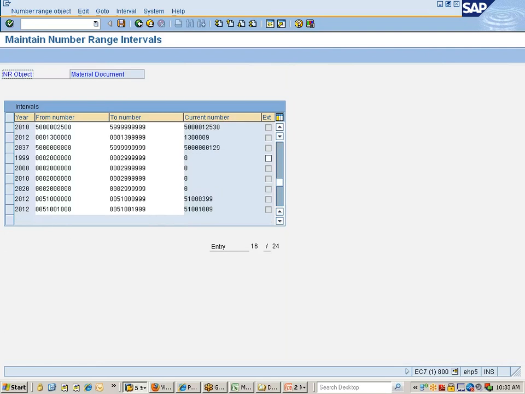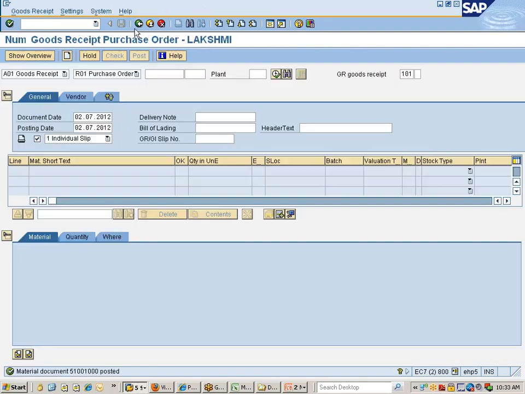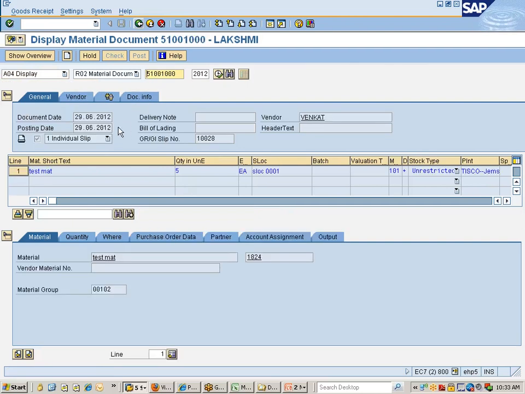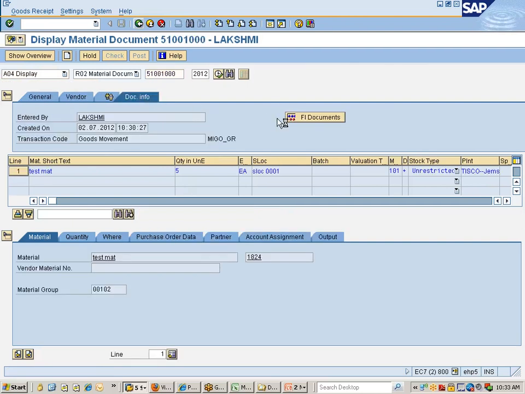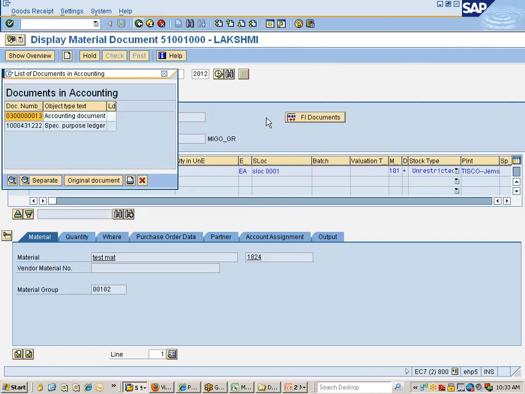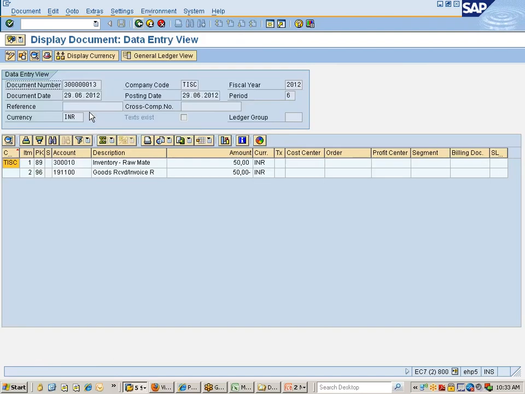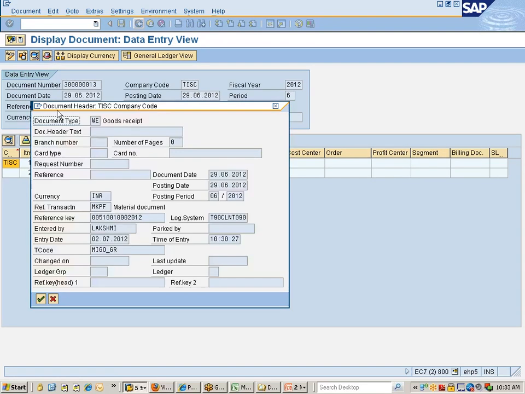Okay, so this is the number range that you have used. Now, I'm going with the display of the material document that's just posted. Go with FI documents. Now you would see an accounting document if there is any financial impact. For this particular accounting document also, you would have the document type. So what is the document type for this? Just go with the header information where you would see document type WE,